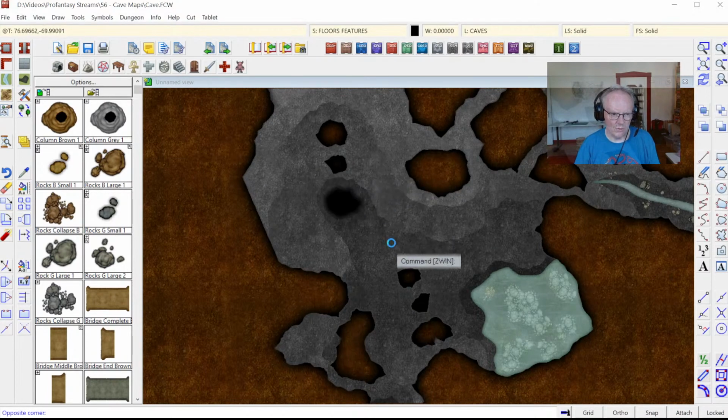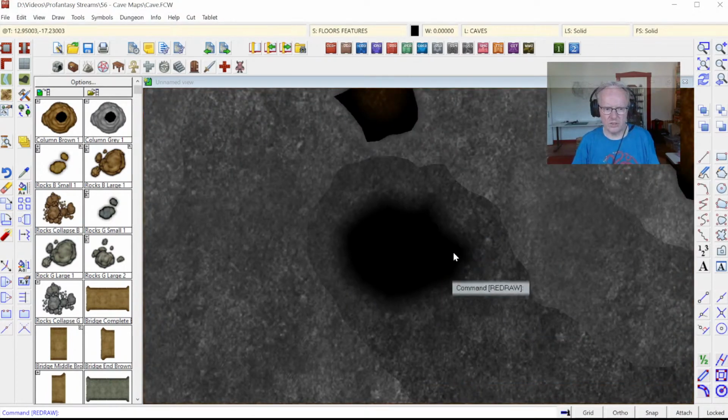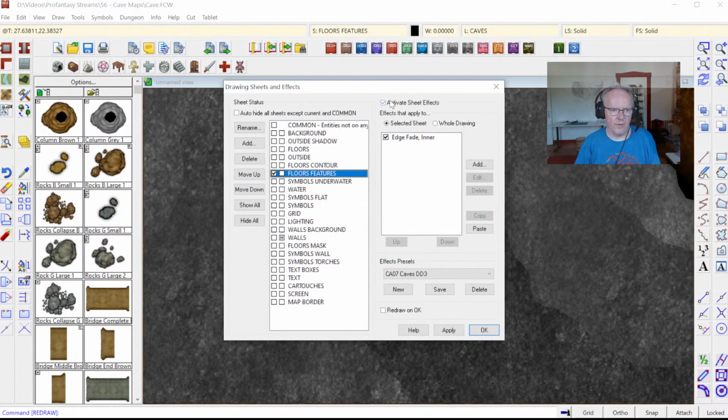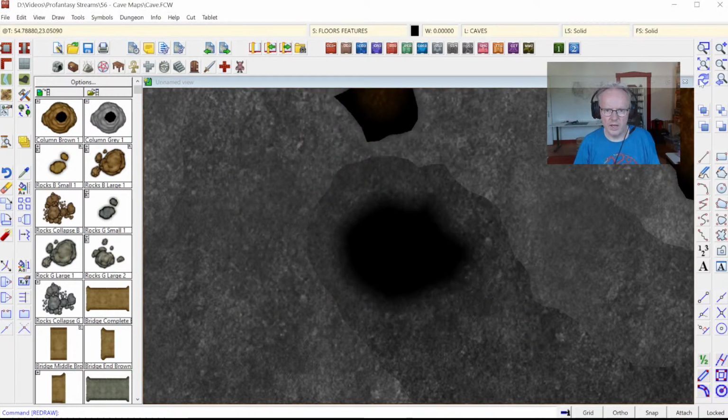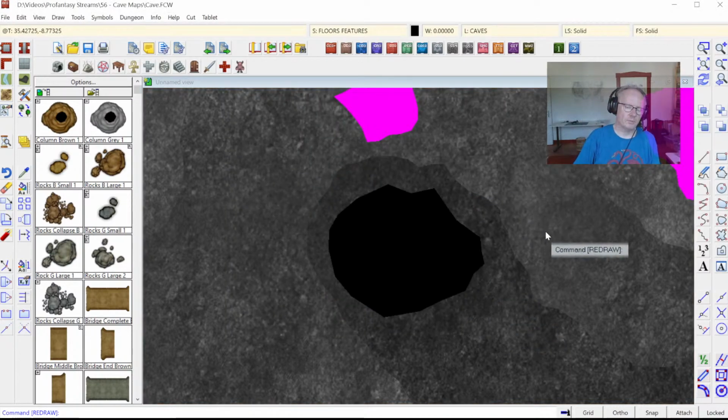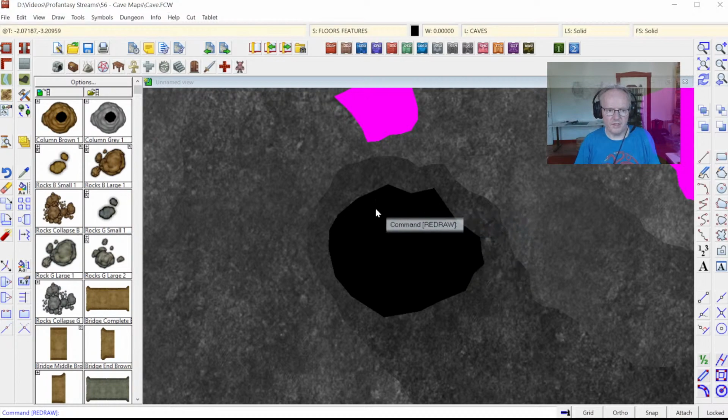Well, it's not so bad already. It's just a bit soft. It doesn't have a nice hard edge. So what can we do? Let's turn off sheet effects for the moment so we can actually see the outer edge of this. So let's say we want a bit of an offset of the shadow, so we see an edge of